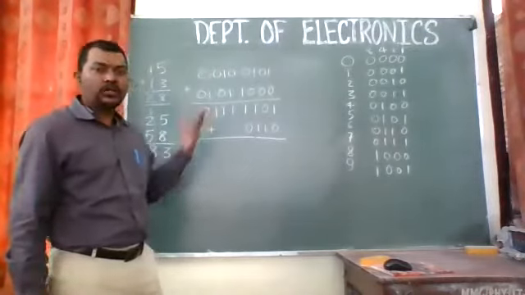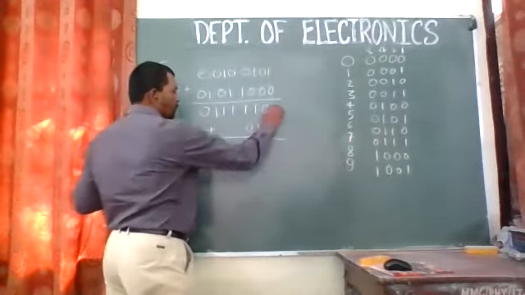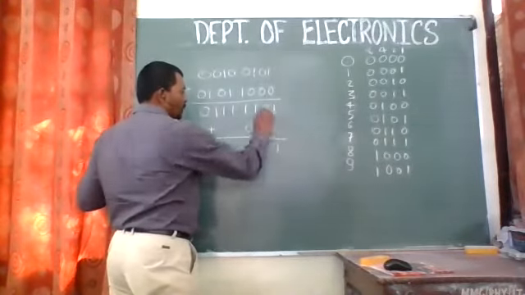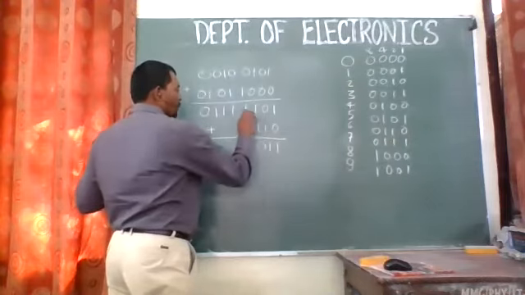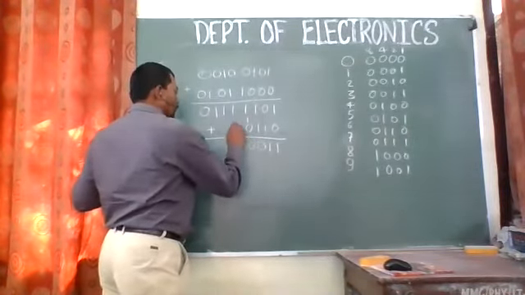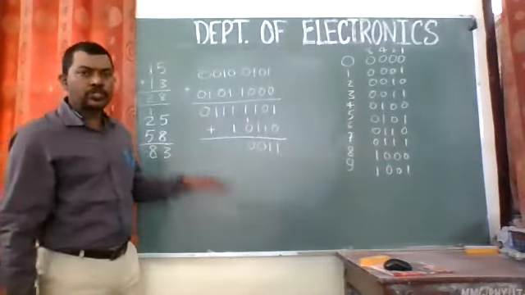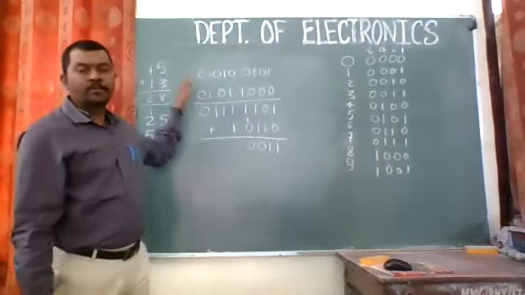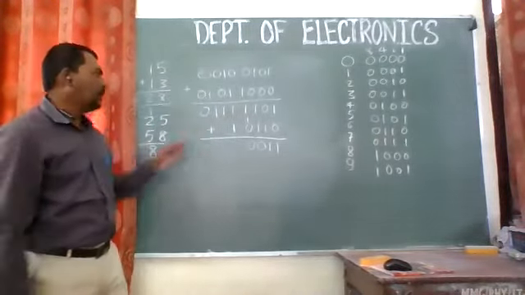Now if you add this, what number does it come to? So this is the addition over there. So 1 plus 0 is 1, 0 plus 1 is 1, 1 plus 1 is 0 with a carry 1, 1 plus 1 is 0 with a carry 1. So now a carry is generated which is being transferred to the first 4 bits, right? So the MSB 4 bits. So I'm adding that.